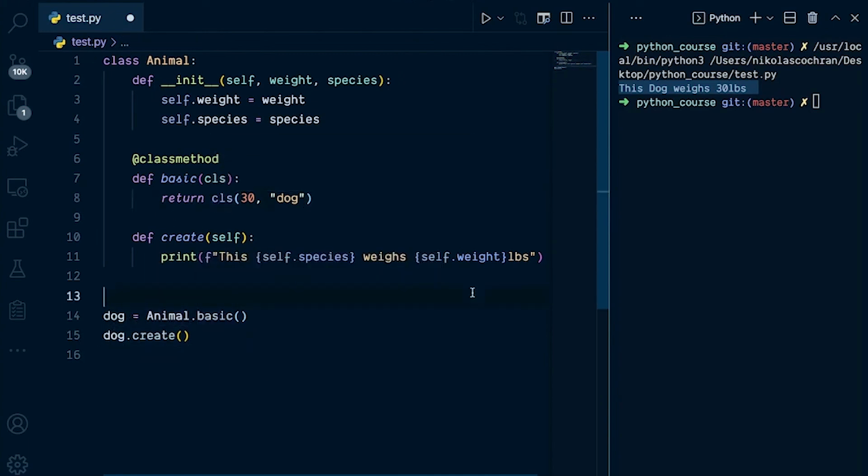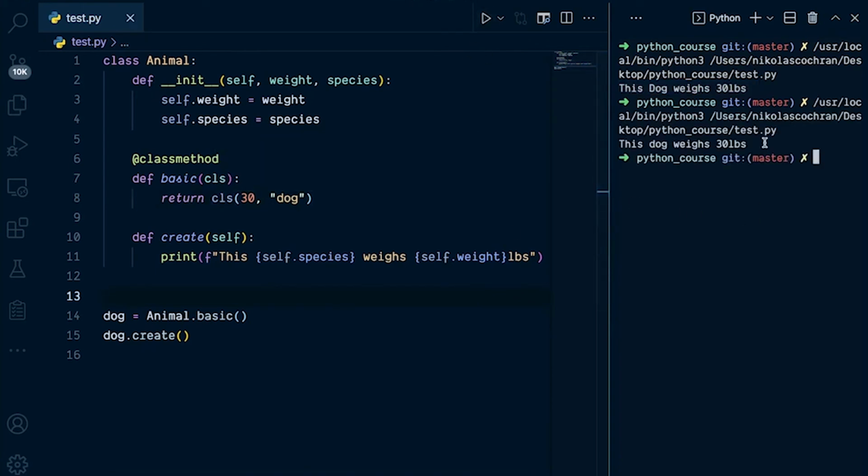So now when we save this and run this, you should get the same result. And we do right here. Dog weighs 30 pounds. So that is a little introduction to class methods and the idea of factory methods in